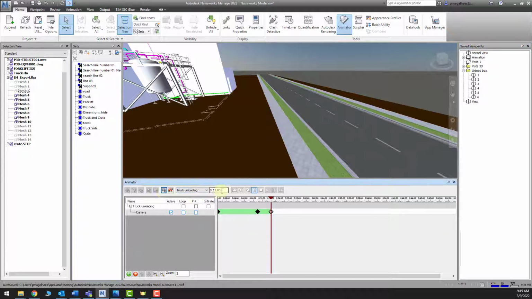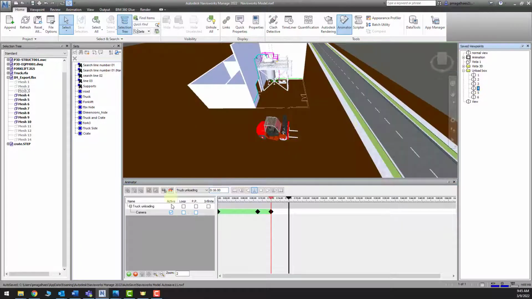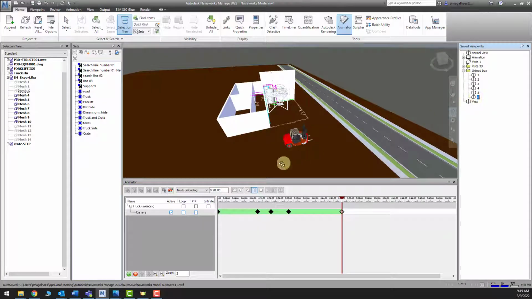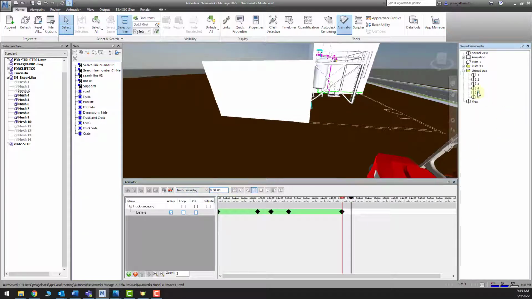And then we'll go to 16 seconds. I'll select viewpoint number 4. And then we'll go to 28 seconds, and we'll select viewpoint number 5. It's making this weird noise, but that shouldn't affect the functionality of the software. We'll go to the viewpoint at 30 seconds, and we'll select this one,